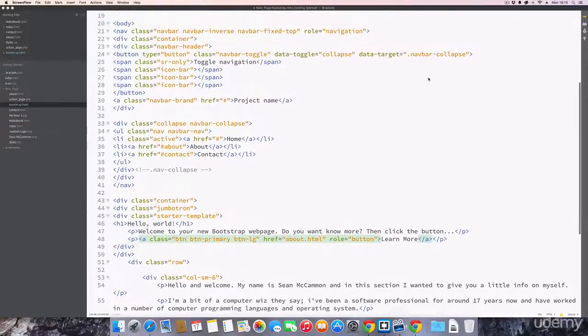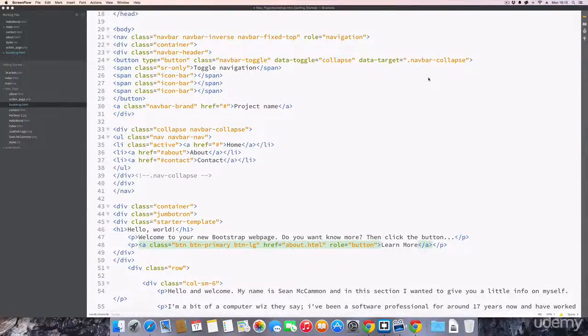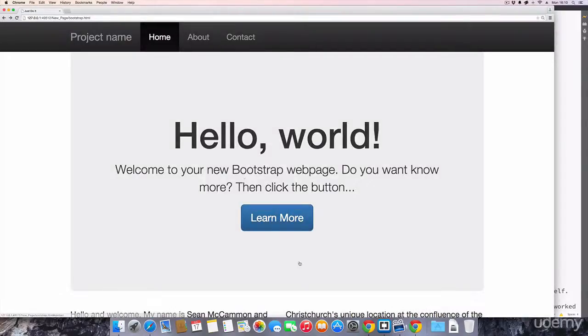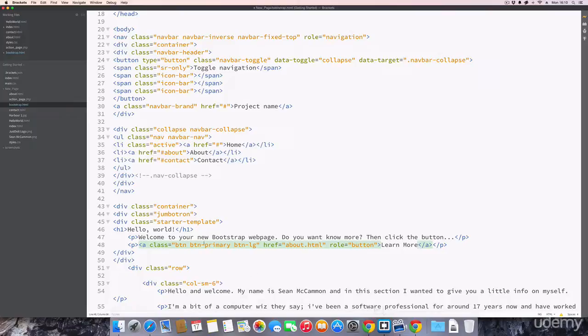Okay, so if we were to take a look at the menu within our Bootstrap page, we can see here that we have our 3 menu items. Those are all list items, again like in the previous example of our web page. So all we need to do is change those items for the ones we had in